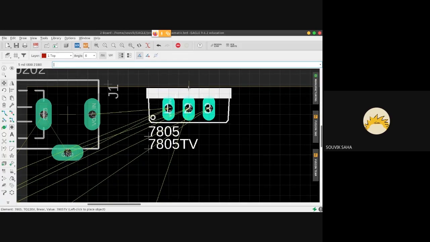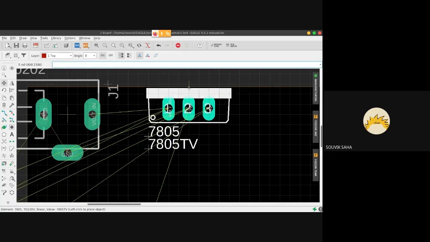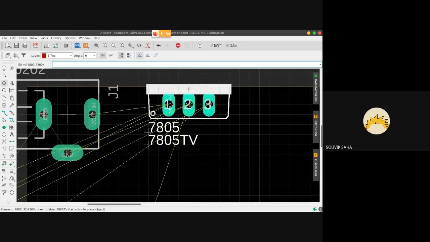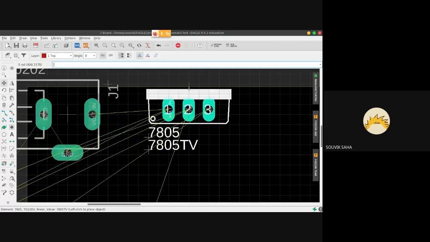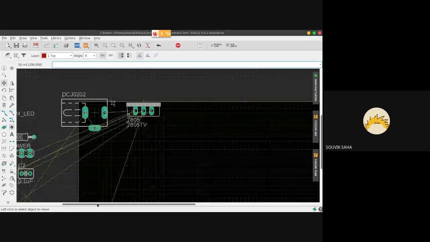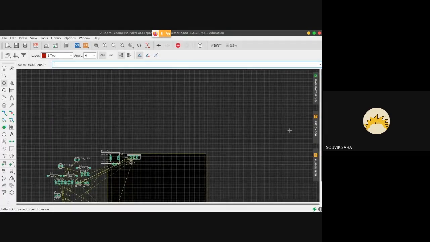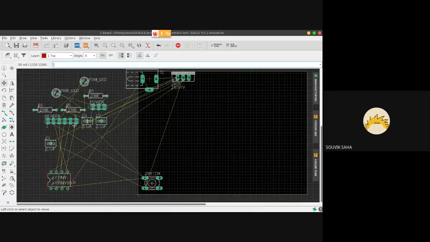So now I'm able to move it much finer and then click, and I'll be able to place the component. Yeah, so now I'm able to place it much closer to the edge, if need ever arises. So now that is done.